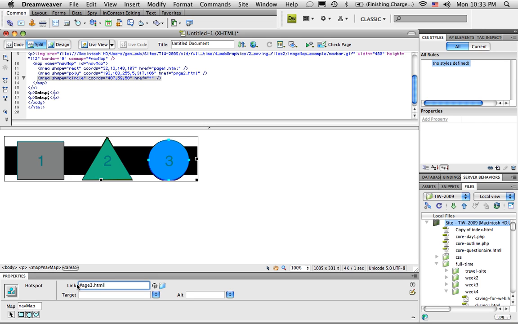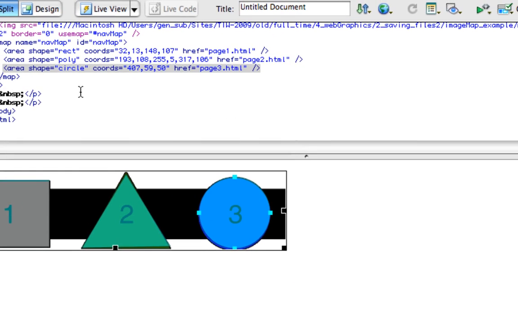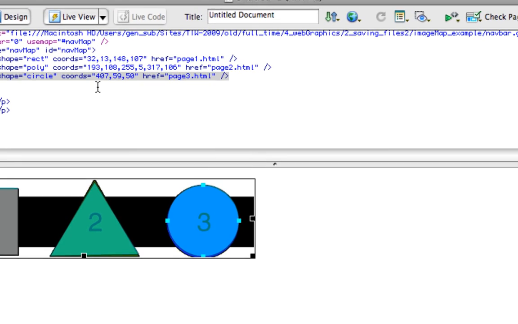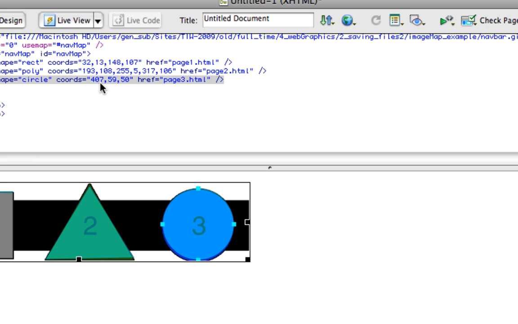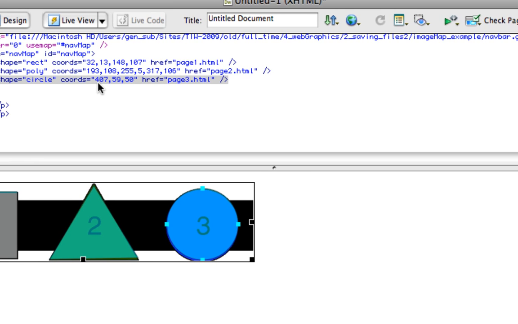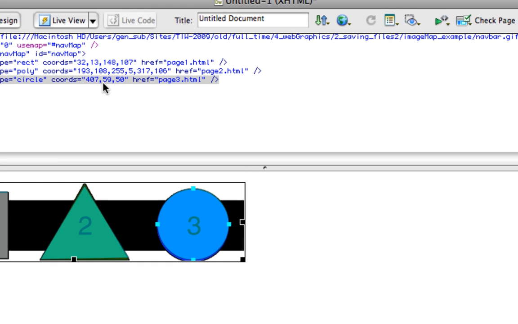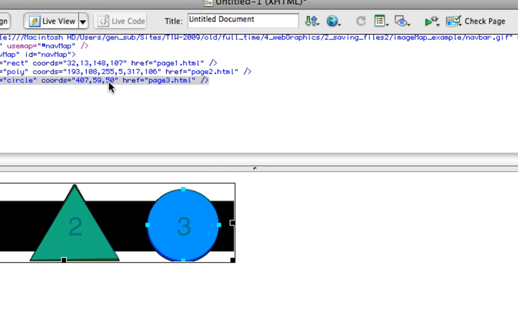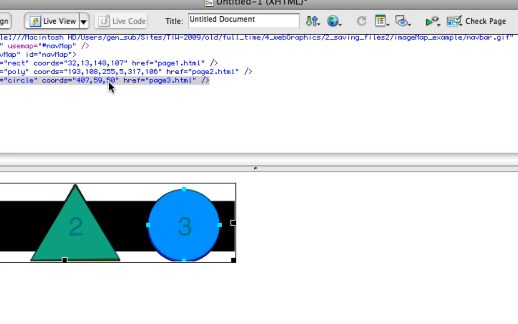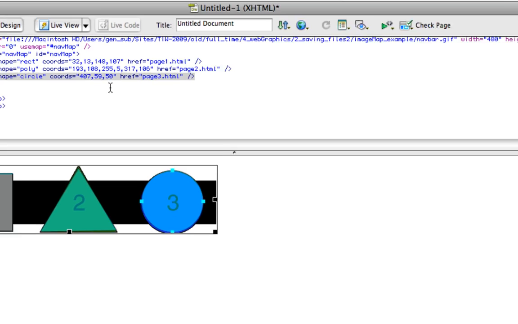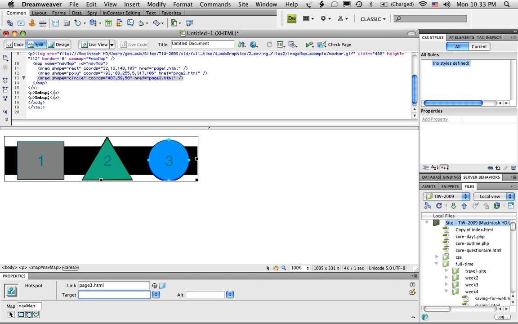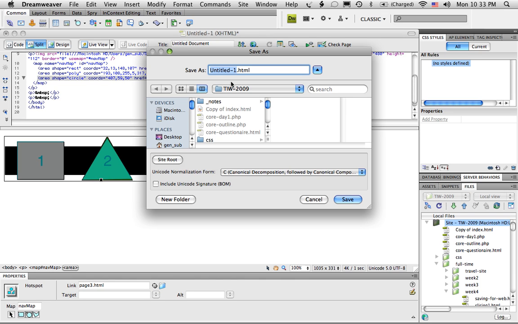Then I'll go down to the properties bar and put in page3.html, tab. Oops. Clean up that code there. Now to just take a quick look at the area for this circle, the coordinates gives a value that is a point of X and Y coordinates for the center of the circle, and then the distance of the center to the edge, basically the radius. So there's only 3 values for the coordinates for the circle. If I save the file, and I'm just going to give it a file name of